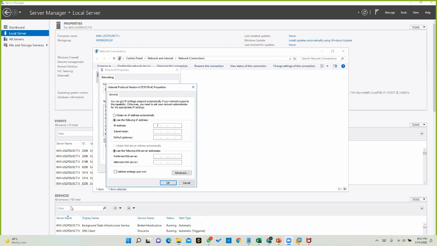The private IP address we can use inside our organizations, but we cannot use it to go to the internet or access the wide area network. This is the main difference between private and public addresses.